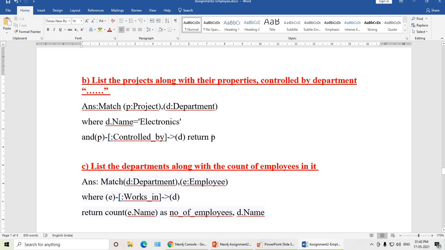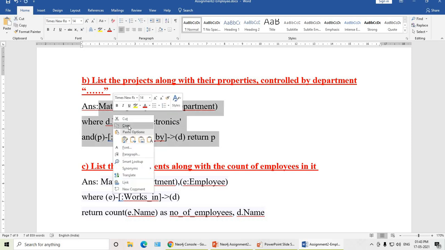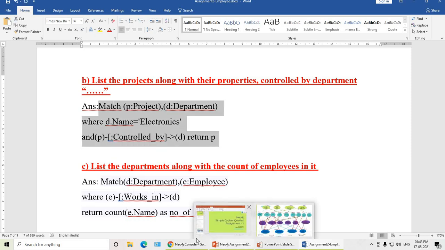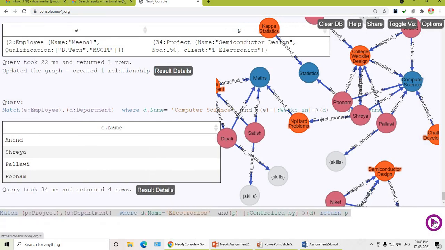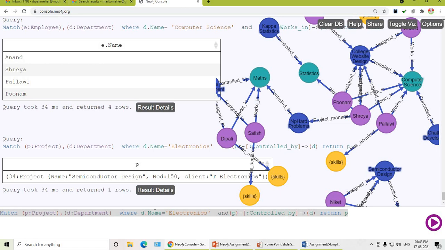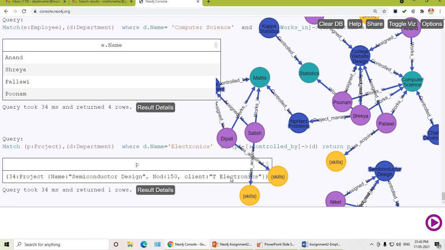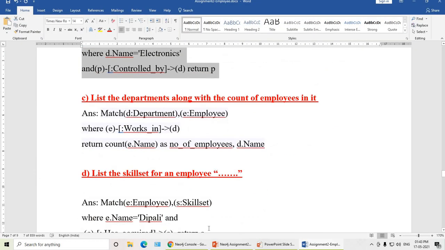You have to say return P. So when you are saying return P, it will display all the characteristics of the project controlled by electronics department. See here, semiconductor design, only 1 project by electronics department, number of days 150, and the client will be T Electronics. So our query runs perfectly.